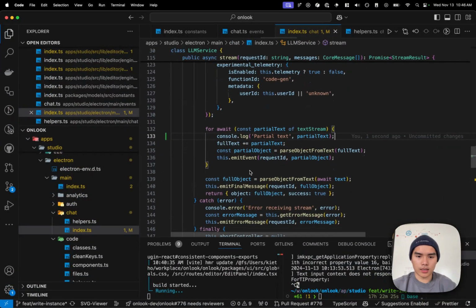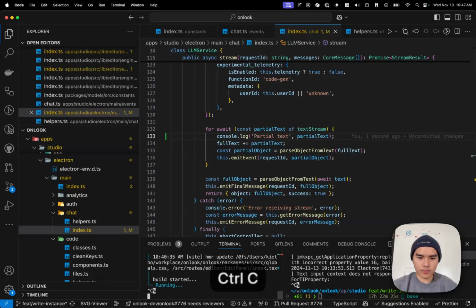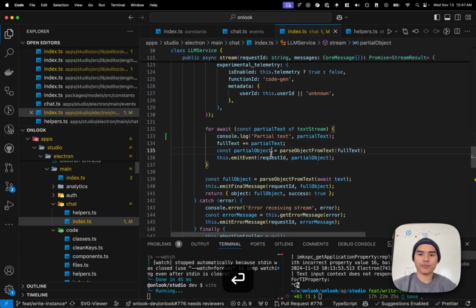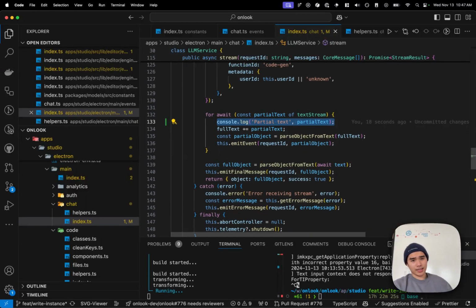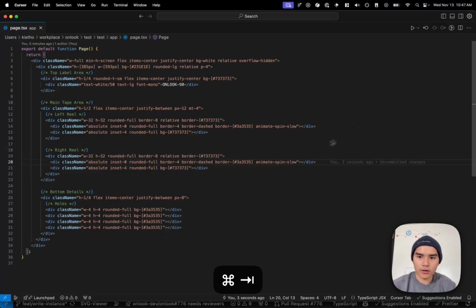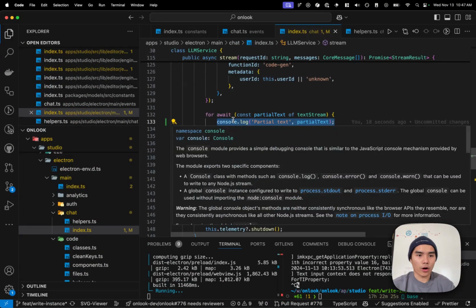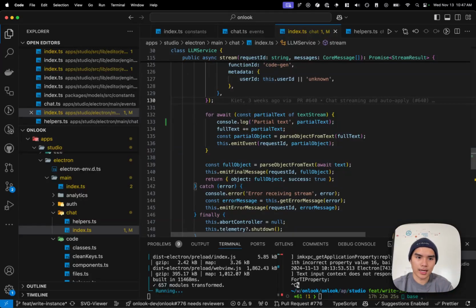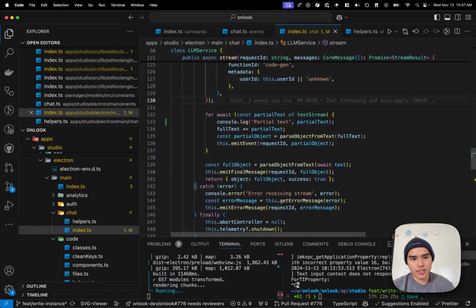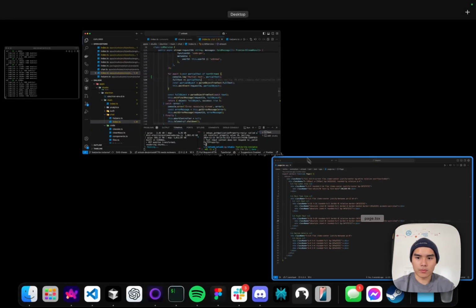But this is going to cause a rebuild, so why don't we just force it to do it? I do want to show what happens when it sends out a partial text. It's sending back a stream of a JSON object, and we are resolving that stream into a partial JSON object. We are doing our best not to crash because the object is not complete, and when you try to unserialize an object that's not complete, sometimes things go wrong. So we try our best to